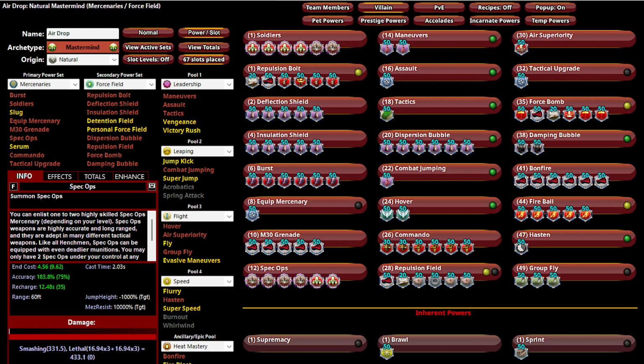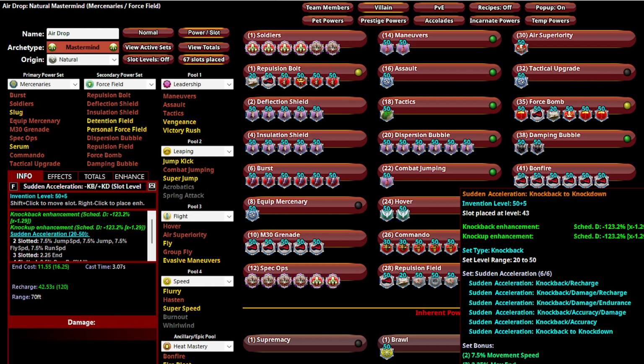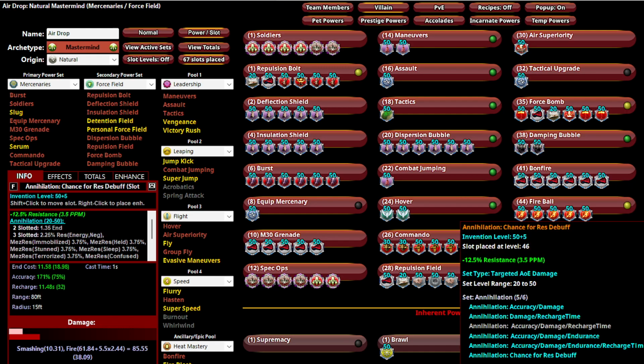So the collection of all that stuff has given me lots of survivability plus utility with the knockbacks to knockdown. I'm getting a bunch of different set bonuses to plug some holes here and there. I've thrown in an annihilation set, which has given me some more endurance reduction, because that's one of the other big holes I was trying to plug, or bonuses I was shooting for, not just recharge, but endurance reduction, and trying to find as many different resistances as I could here and